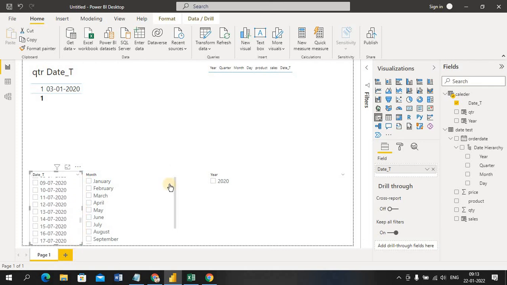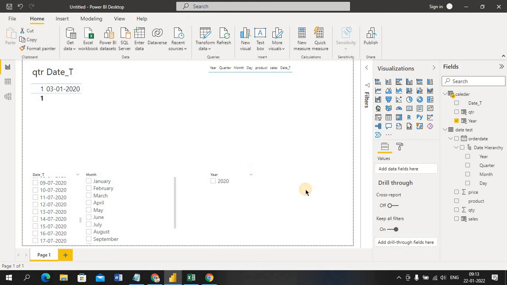If you observe, I'm trying to bring from this date, so we'll see what is the difference between this calendar date and this test date.